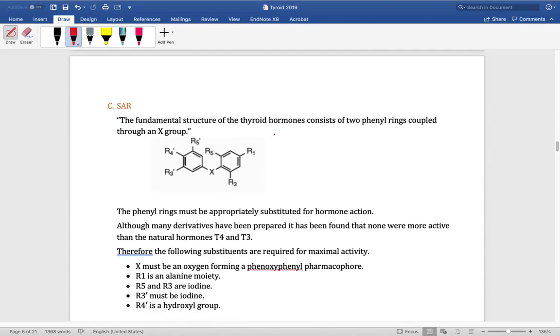Now, there's been some studies on the structure-activity relationship of thyroid replacement agents. Before I go into explaining it in detail, after the studies were done, it was found that nothing more active than T3 and T4 has been discovered. Okay, so when you look at the structure-activity relationship,